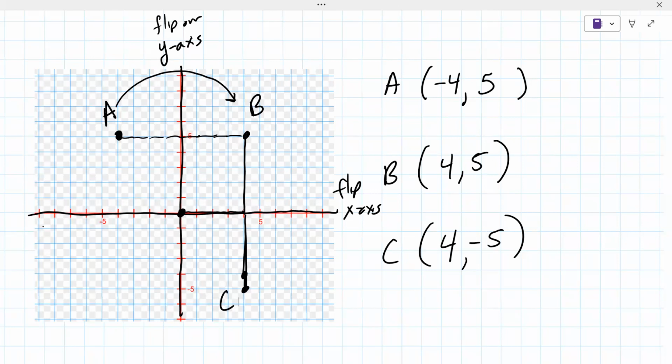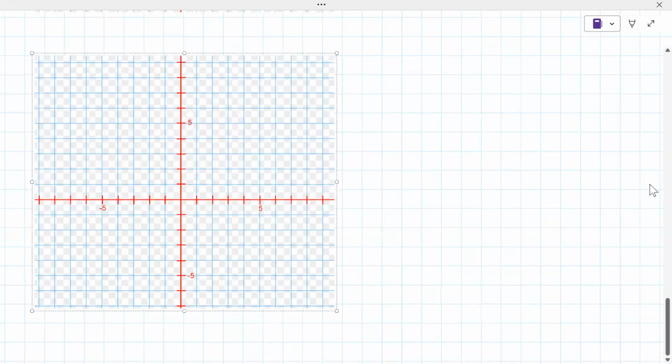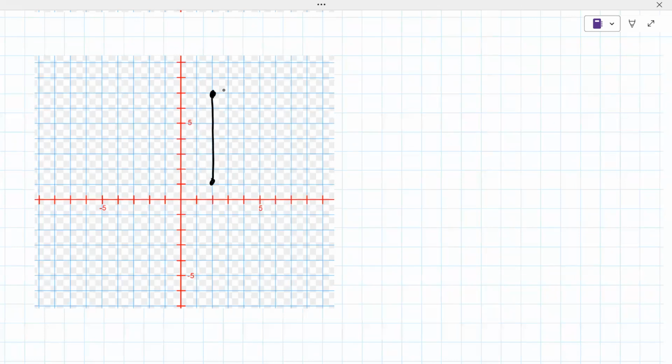All right. Let's try another problem here. So let me draw something here. Let's say this point and this point right here. So I'm going to draw this line right here. I want you to give me the coordinates of A and B, please. Okay. It would be